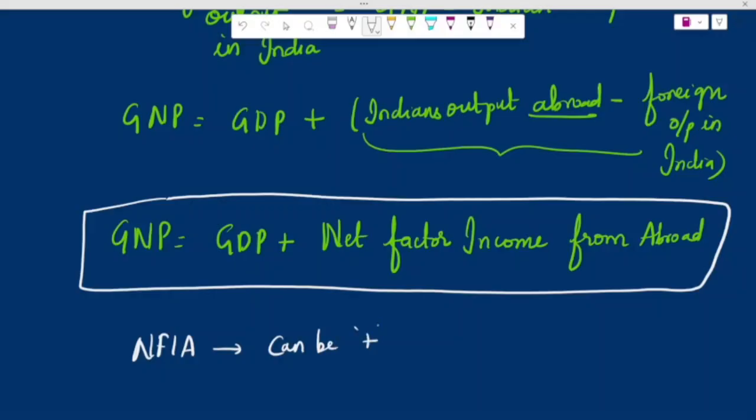I said that many Indians are, I am assuming, abroad, and they are producing more than what foreigners are producing in India. That's why I'm saying that our NFIA is positive. Fine. Then,